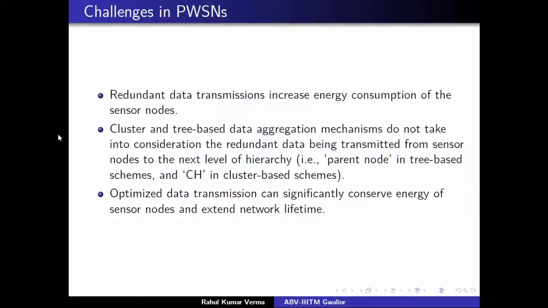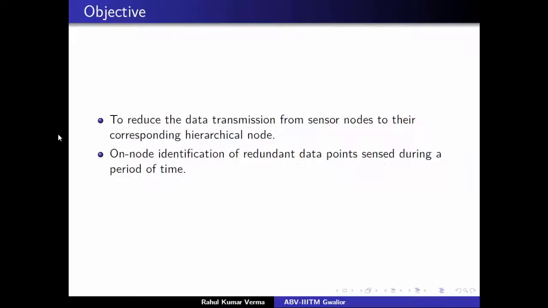These are the basic challenges I mentioned earlier. In existing mechanisms like cluster topology or clustered aggregation in the tree topology, sensor nodes do not care about what they are sending. Whatever the nodes sense, they keep sending the data without analyzing whether it is redundant or not. So we are adding intelligence on a node just to identify whether the data is redundant or not, in order to decrease the number of transmissions.